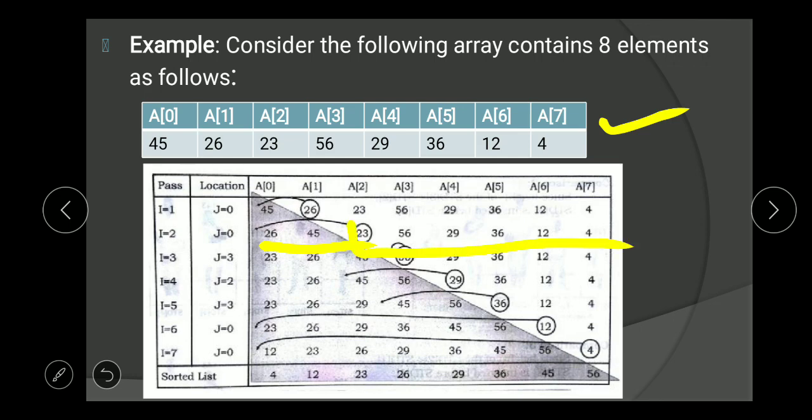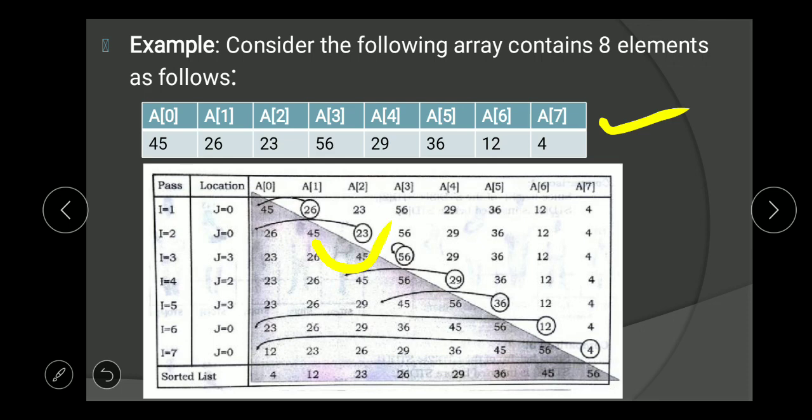Again, 23 is our key element. Now we compare this key element with 45, the first element in the sorted list. 45 is greater than 23, so 45 will be shifted to A of 2.